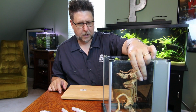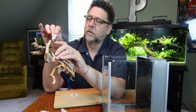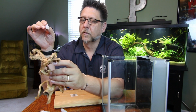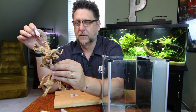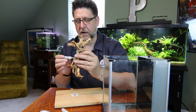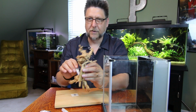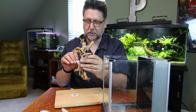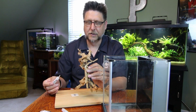So what I'm gonna do now, I've got the form kind of the way I want it. It'd be really cool if this works. I've never tried this before. You spend a lot of time looking for that perfect piece of driftwood. I don't usually think about going in and just making my own out of several other pieces. But the big piece of driftwood like this, at my store at least, was almost $20. And all the small pieces were $6, so